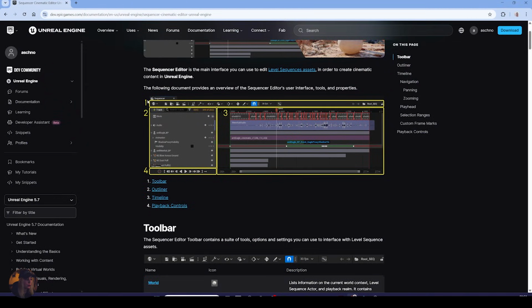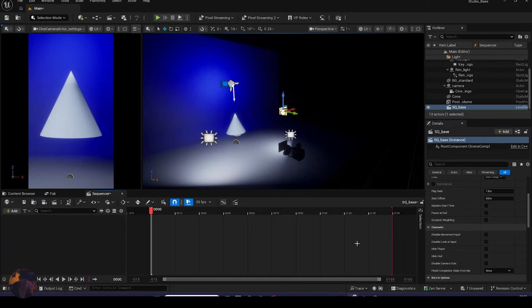So if you look at the sequence, on the top line we have the toolbar. So I close this one. Here we have the toolbar where we find very important settings, especially for animation, but I will not cover this in this tutorial. Mainly what we need later is this little icon to open the movie render queue. Then next to it we have our outliner, and this one we need to drop all assets into which are relevant for